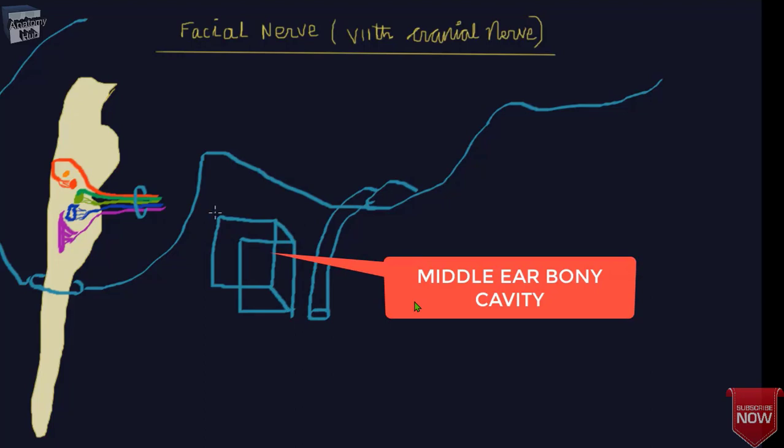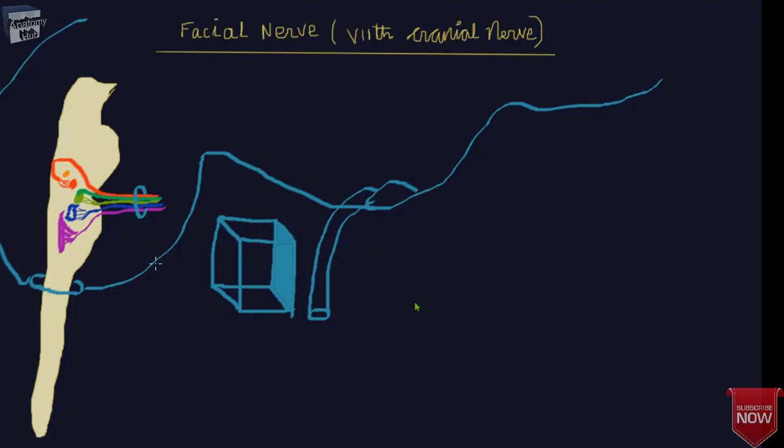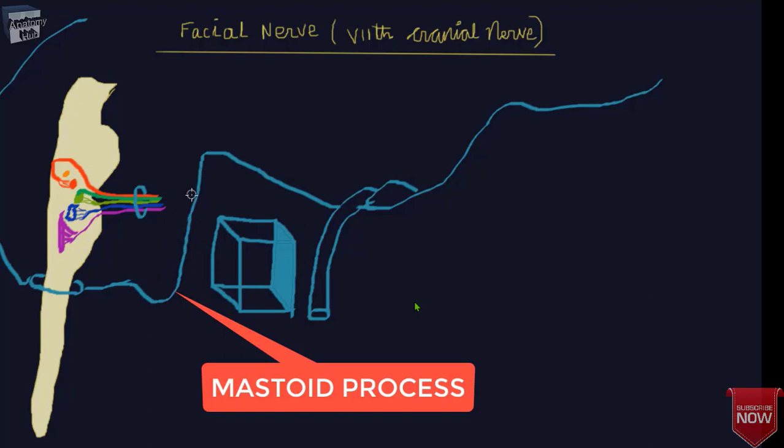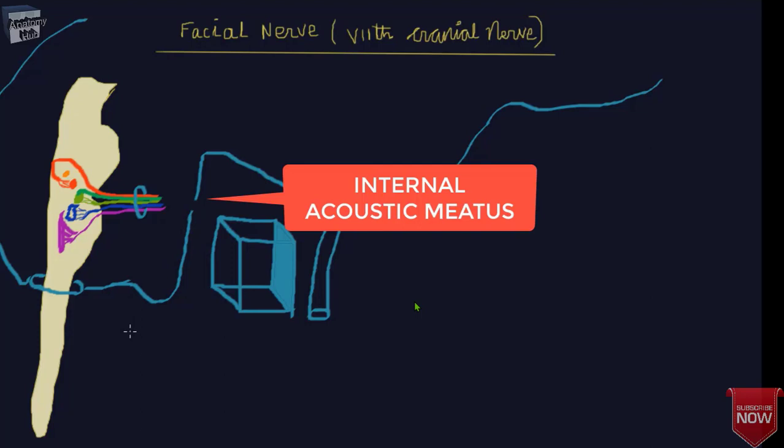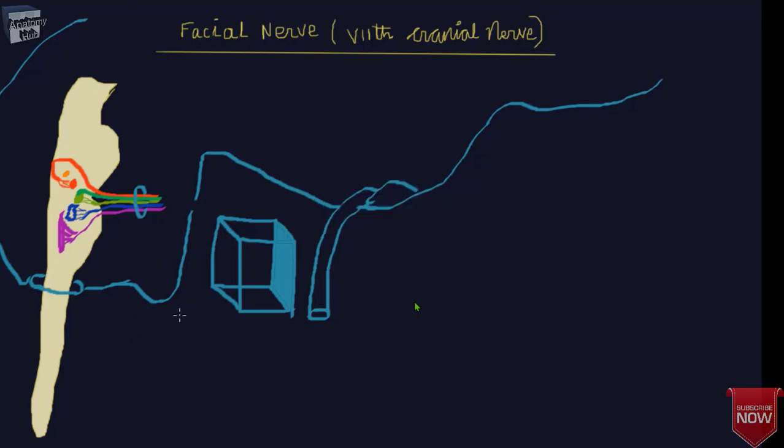So the cube-like shape: here you'll find the roof, the anterior wall, inferior wall, lateral wall and medial wall. Here you'll find the mastoid process, and you'll find the internal acoustic meatus, through which the nervus intermedius will pass towards the inner ear, and they will end up at the antero-superomedial corner of this middle ear cavity.